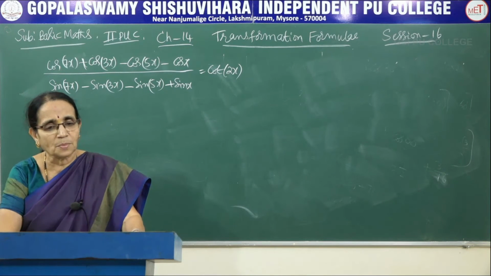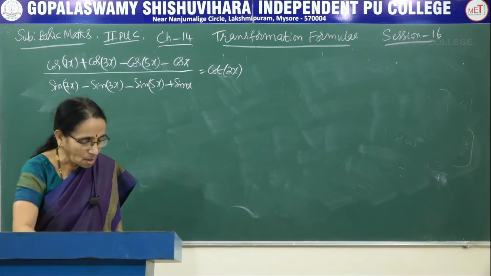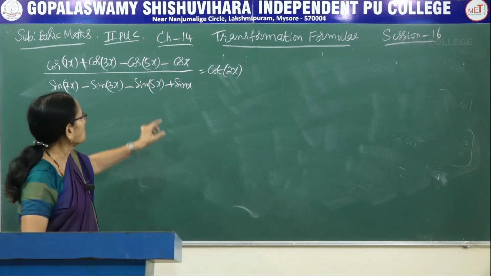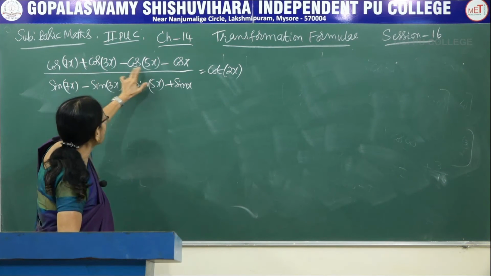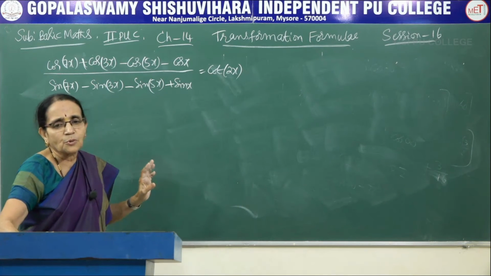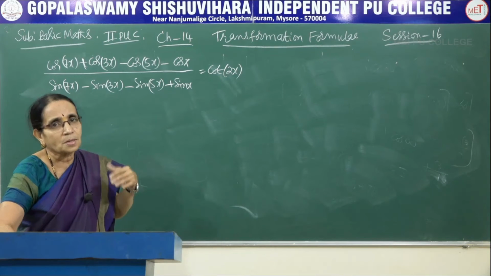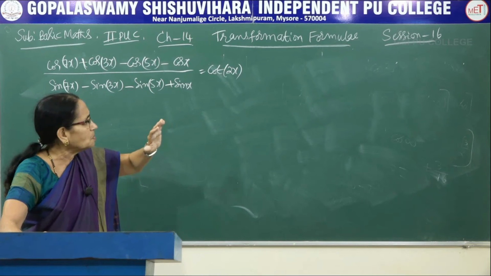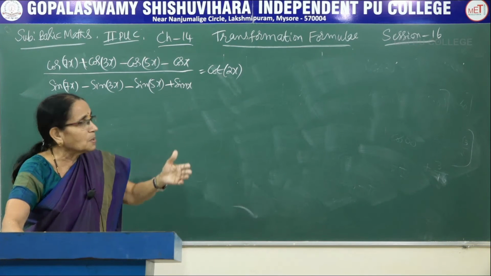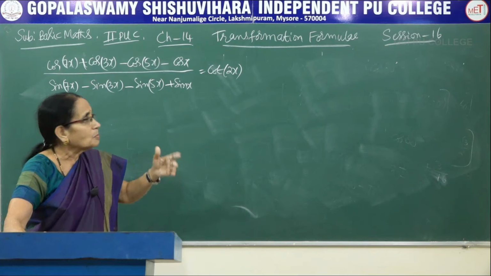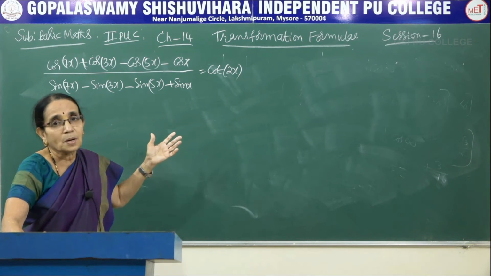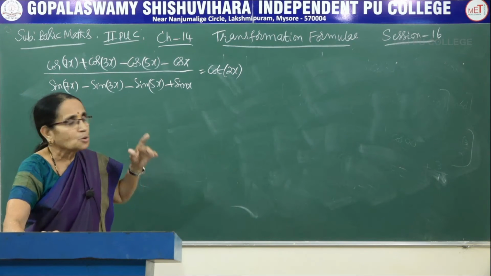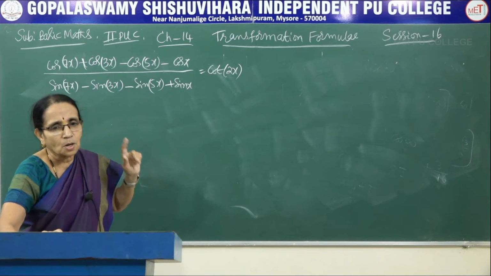See, in such problems, many students commit a simple mistake of not copying the problem correctly. If you miss any one sign here, see plus minus minus minus minus plus, if you just omit any one sign or take it in a wrong way, certainly you don't get the right hand side. So be careful, because I've seen many students, though they know the method, they know how to solve the problem, by copying the wrong problem they don't get the correct answer. And there is no mark for the method at PU level. So you have to copy the problem correctly and then solve it.